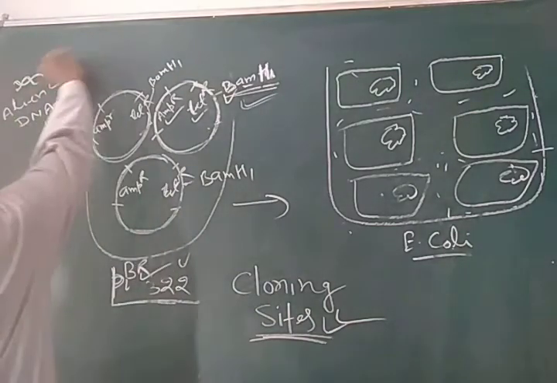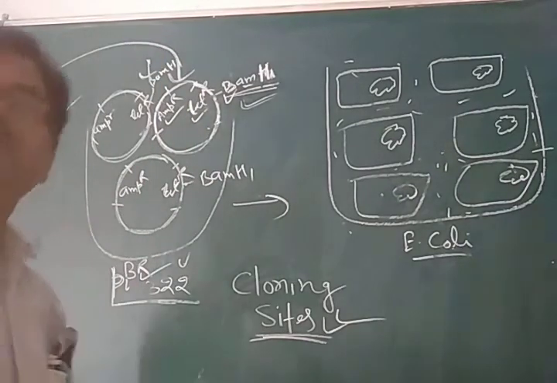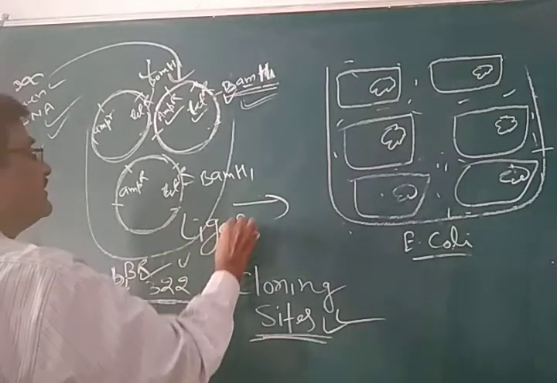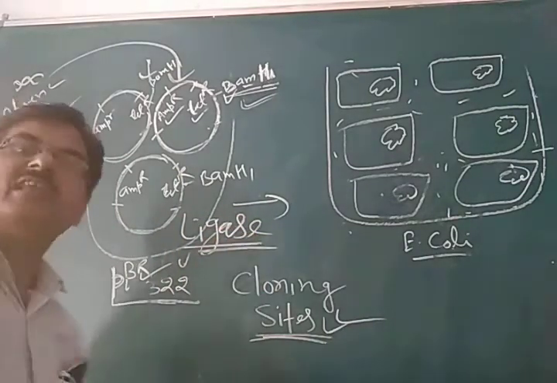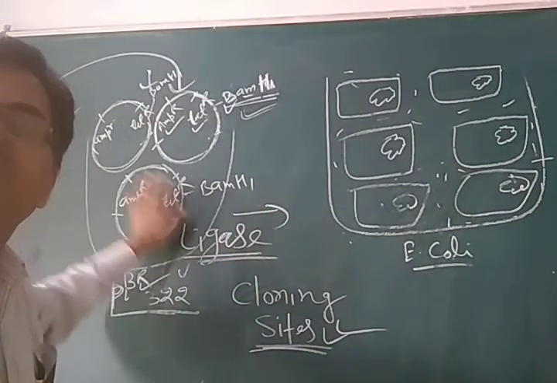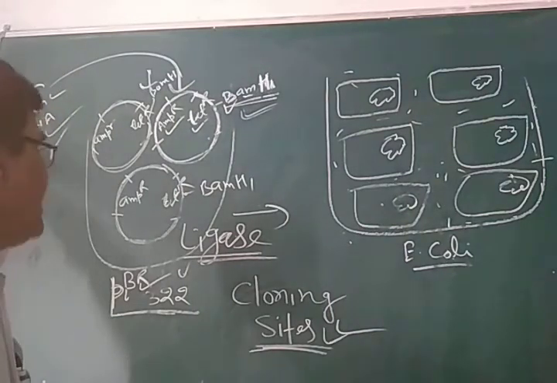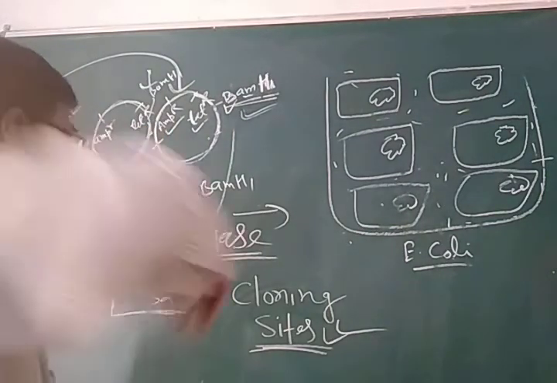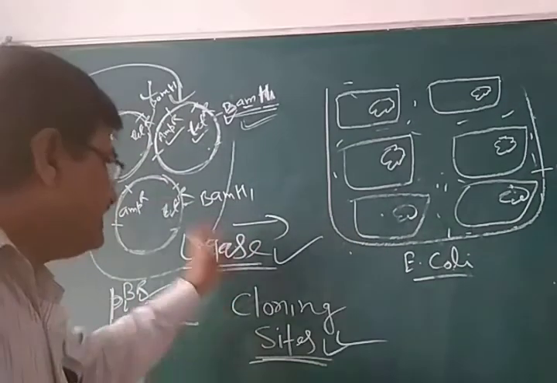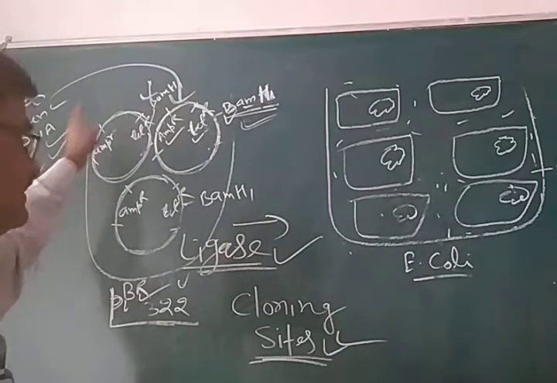Now we add this alien piece of DNA in this medium, and also we add the ligase enzyme for the ligation. So there are a large number of cloning vectors, a large number of alien pieces of DNA, and now we add them together with the ligase enzyme, and this ligase enzyme helps to ligate this alien piece of DNA